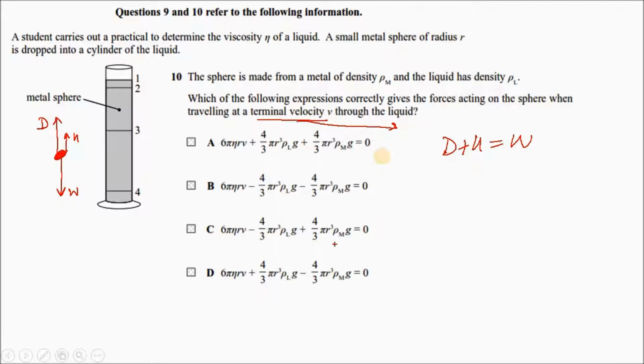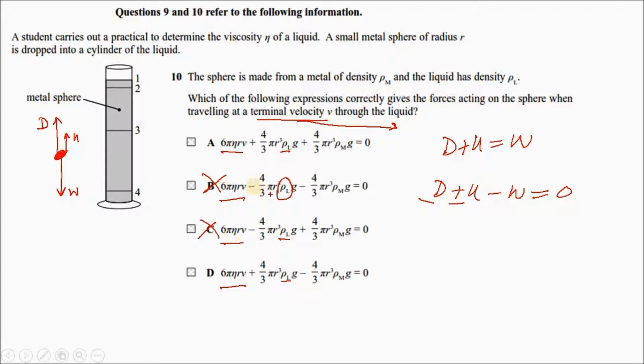But in our options, in all options at the right-hand side we have 0. So send W to the other side. So D plus U minus W equals 0. And then the first equation, now you see 6 pi eta r v, all these are drag. This is correct. So the upthrust should be positive, and in this case, see upthrust. This rho L is showing that these all are the same rho L. That means this middle term is upthrust, but upthrust should be positive. That means we cannot have option B